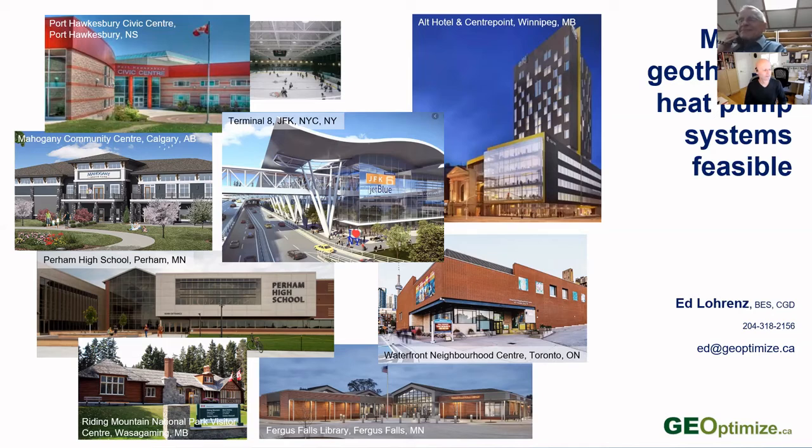Okay, so here is another question. In the district heating and cooling systems, what are the participants' cost models? Something like the Whispering Pines development in Texas or the rail yard projects in Winnipeg. There's a number of different ways that people in those developments end up paying for the cost of the system. The Whispering Pines development, I believe, is sort of a utility-based